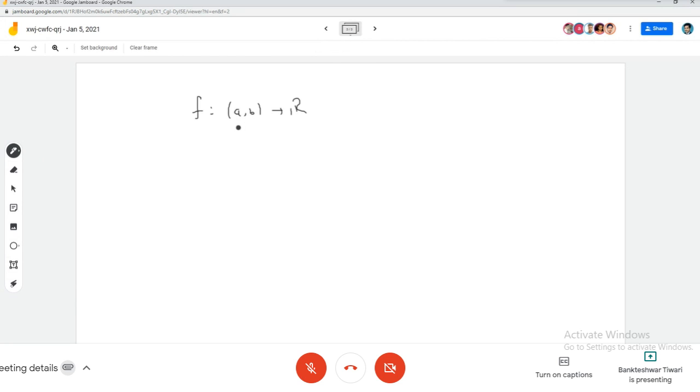I take a point x in (a,b), and you say that this f is differentiable if this limit exists, this (f(x+h) - f(x))/h, and take this limit h tending to 0, and you call it as f'(x). If this limit exists, you call this the derivative of the function. Now I'm just modifying this